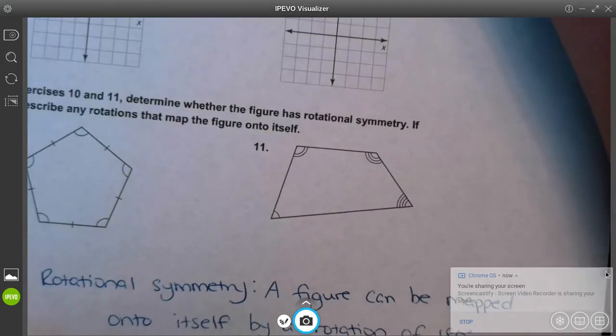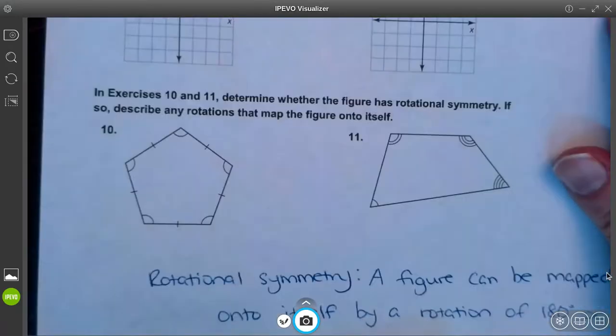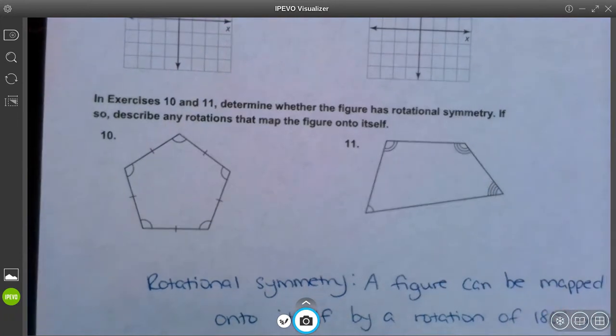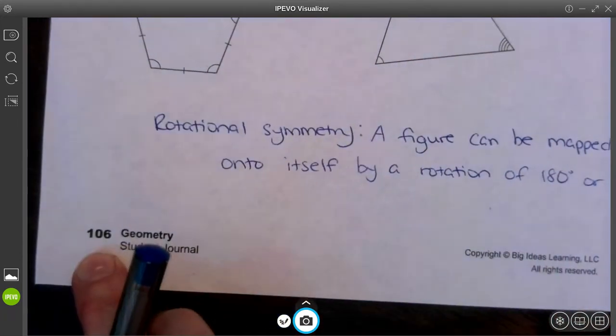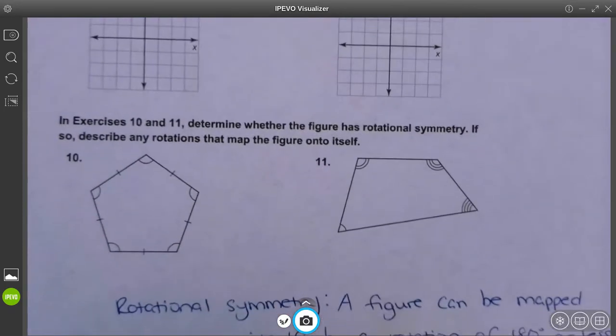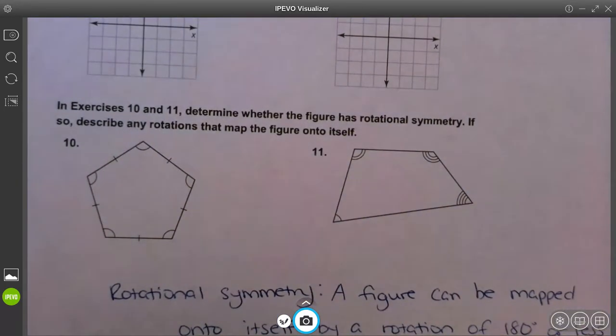In this video for lesson 4.3, we're going to cover number 10 and number 11 on page 106. In number 10 and 11, we have to determine whether the figure has rotational symmetry. If so, describe any rotations that map the figure onto itself. So if it does have rotational symmetry, we want to describe how many degrees could you rotate it so it